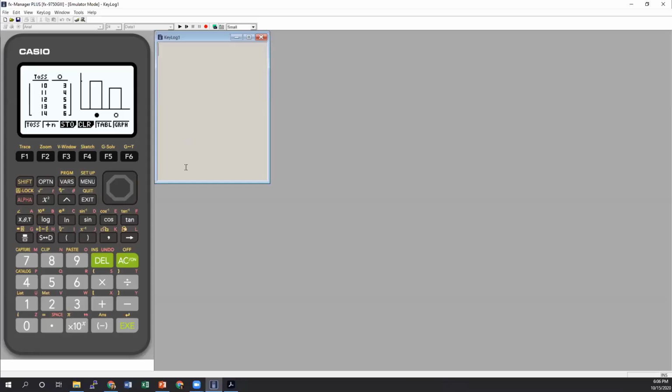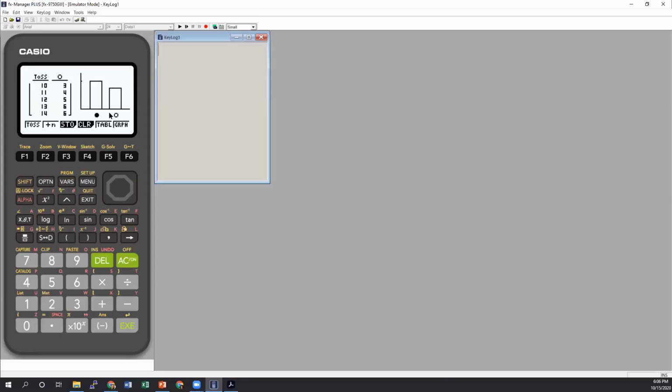So, as I mentioned, the weightedness, you would press shift and menu for your setup. And this is where you can make some changes, if you wanted to look at multiple coins being tossed, or to seed or random. If you wanted to do weighted, I think you have to go to advanced. Yes, and this is where you could weight. Right now we see that our heads and tails are evenly weighted. If you make any changes, you can press F6 here to go back to the initial settings. So I'm not going to change anything.